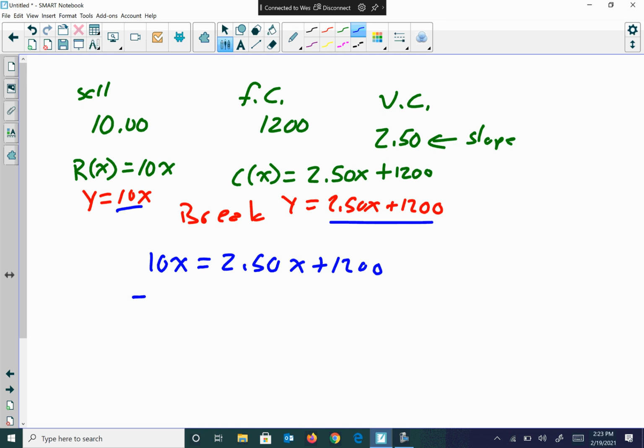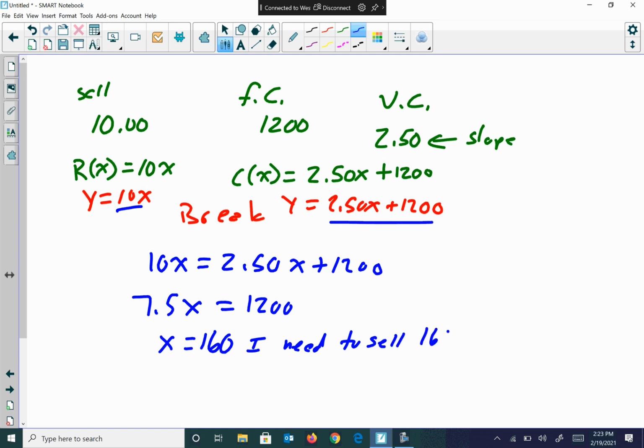Subtract 250. And divide 1,200 by 7.5. So that's going to give me 160. So I need to sell 160 of whatever I'm selling